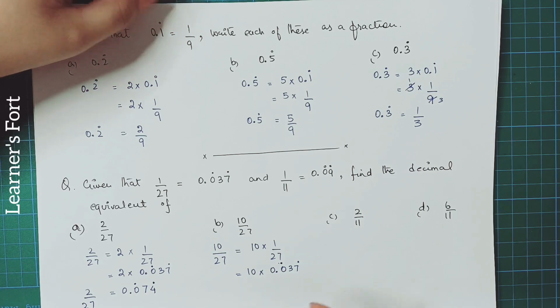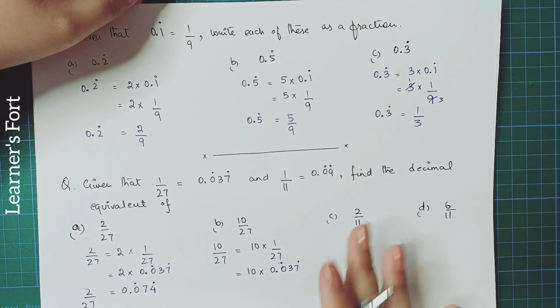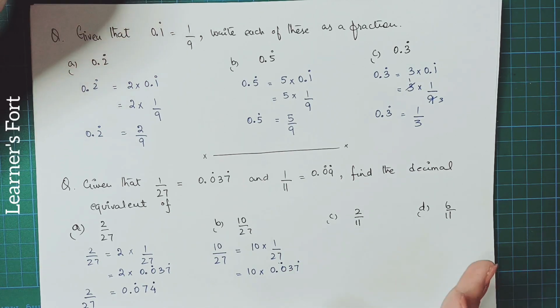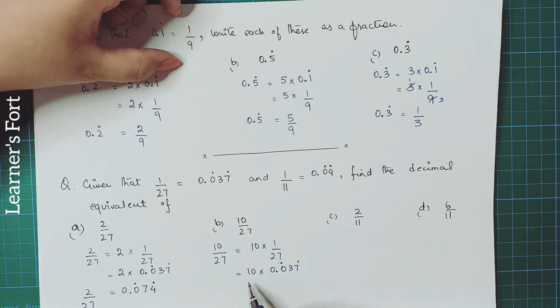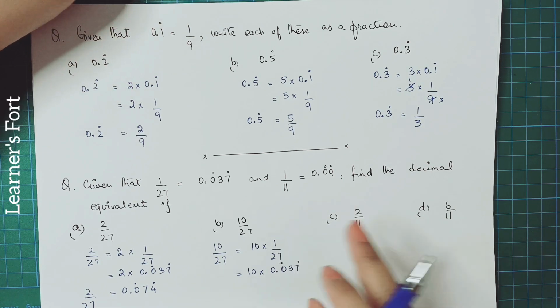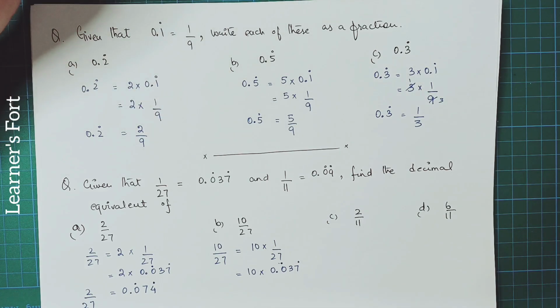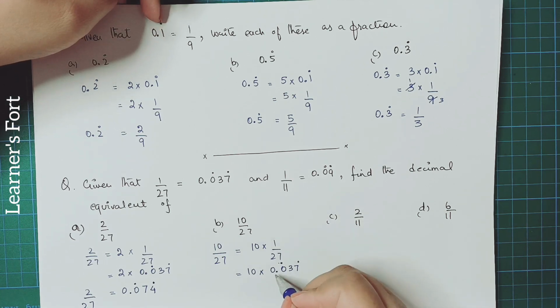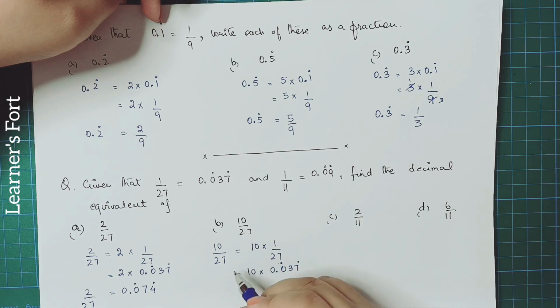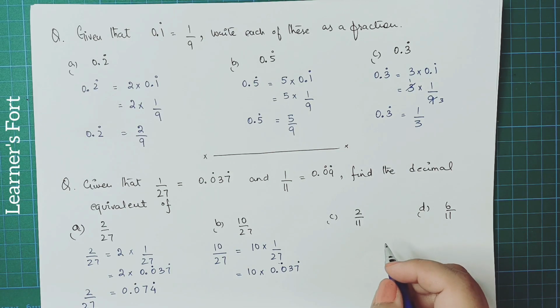Whenever we multiply a decimal number with 10, 100 or 1000, the decimal shifts further. Okay, so the decimal moves forward, because when we multiply, the number becomes bigger. When we divide, it becomes smaller. So when we divide, the decimal moves towards the left side, and when we multiply, it moves towards this side. Okay,